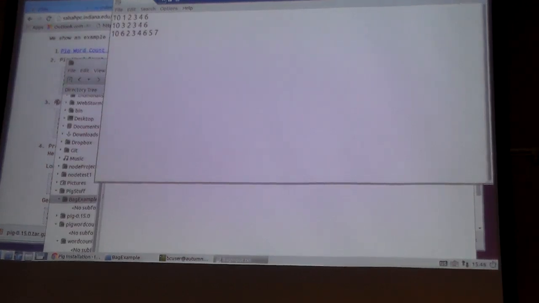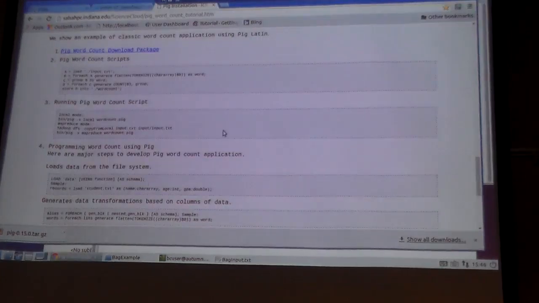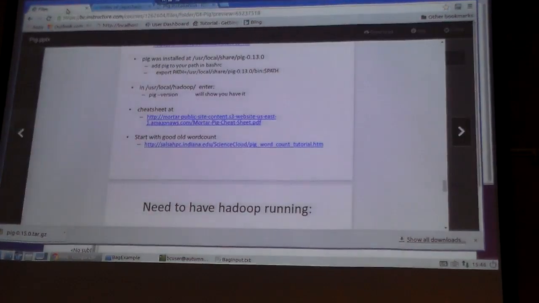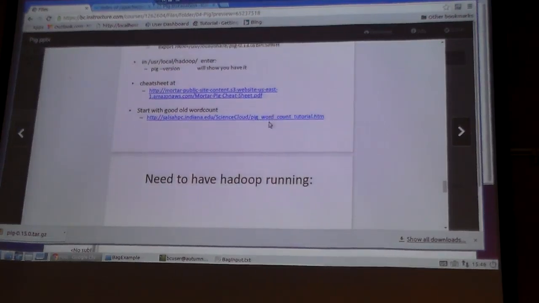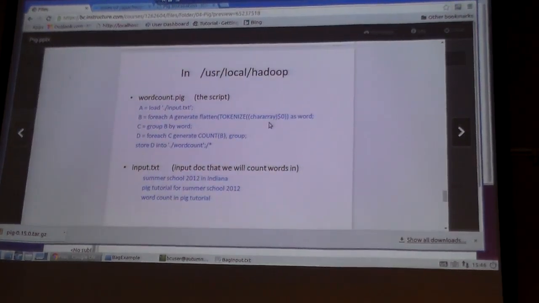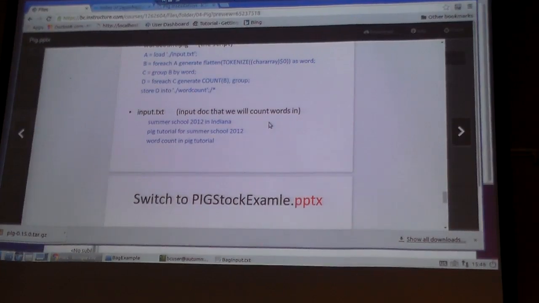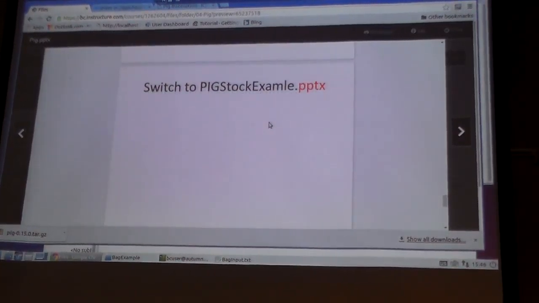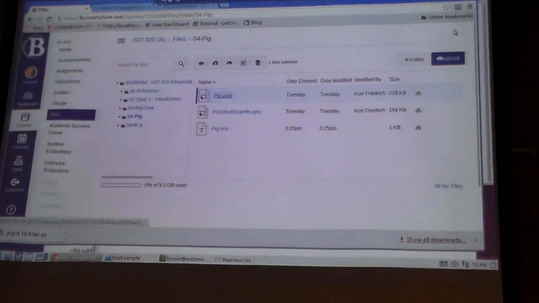Like I said, let's go to another example which hopefully has better input, and then we can learn what the input needs to look like. Okay, so take stock example PowerPoint. Let's see if I put that up there? Yes, I did. So let's open that up and see if